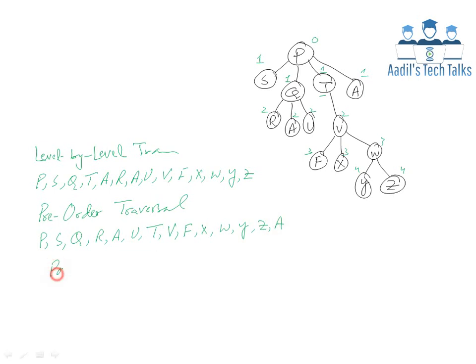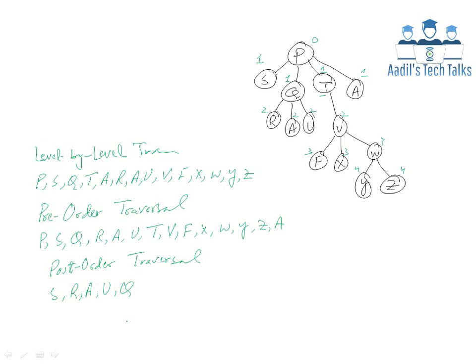So the last traversal technique is post order traversal. Post order traversal means a parent comes after its corresponding children nodes. This means that P cannot come before its corresponding children nodes. The first child node is S. The younger brother of S is Q, but Q in turn is the parent of R, A and U, so it cannot come before its children nodes R, A, U and then their parent Q.